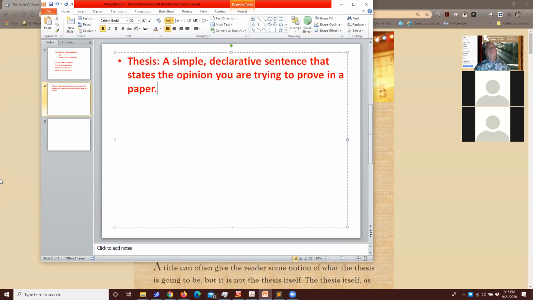So let's say you're writing a 2-page analysis, then that needs a thesis. If you're writing a research paper, that needs a thesis. If you go into graduate school and write a 50-page paper, well, they call that one a thesis, and guess what? A thesis needs a thesis. And if someday you wind up in a doctoral program, you will also need a thesis there.